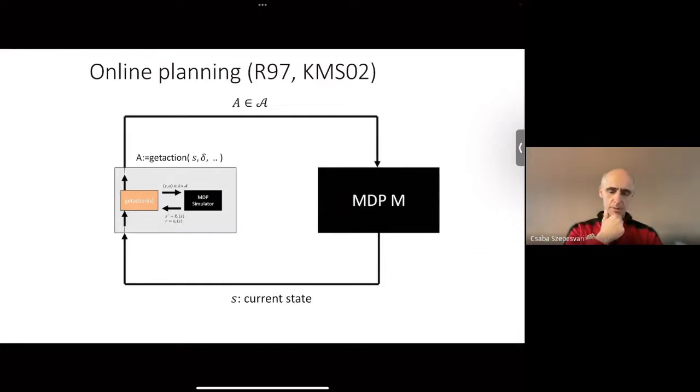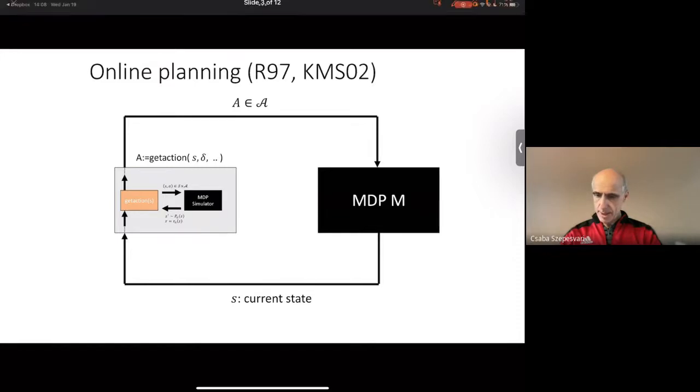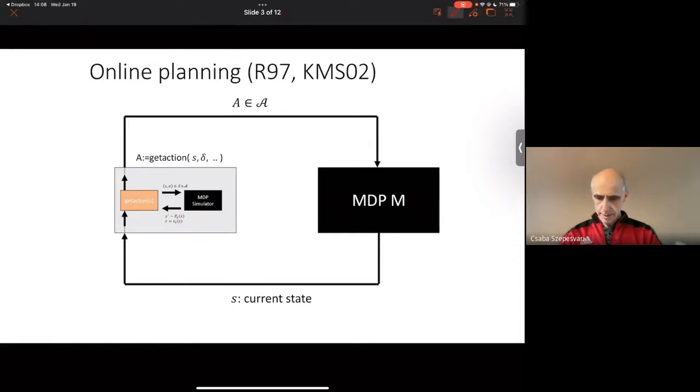All right, this is a picture that I took from some other talk that explains what I already talked about. There is the world, this big MDP here, and there is the current state that's coming from it. Given the current state, you have a planning algorithm that can be called with the state and maybe a required precision, how optimal your policy should be. That's your target.